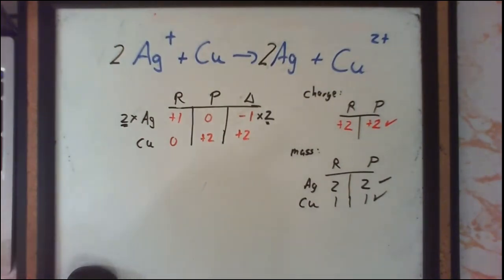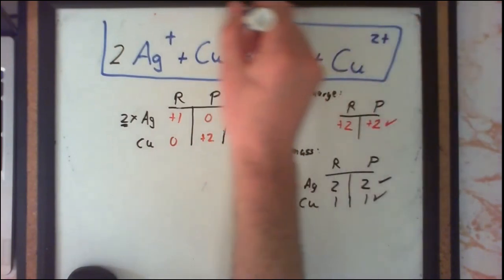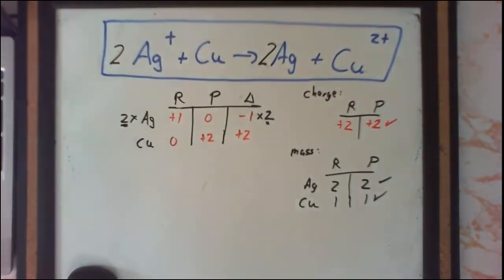Now I have a balanced reaction that describes the reaction of silver ions with copper to produce silver and copper ions. So it's a very simple example, but as we said, the main idea here is just to illustrate how to use the various steps of this oxidation number method. Then we'll continue on going through the same redox reactions that we did for the half reaction method, so that you as the student can compare the two methods